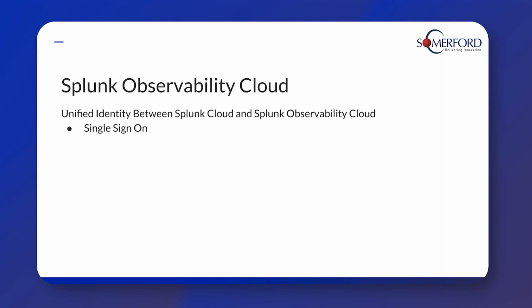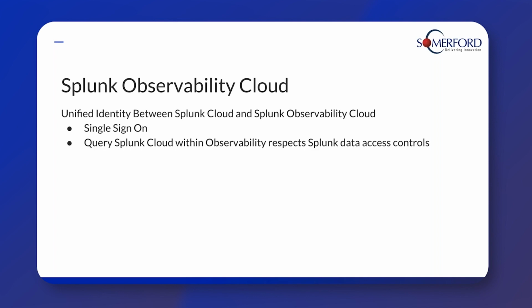So previously, it used to be a case of having to log into Splunk Observability Cloud and log into Splunk Cloud. Now, that might not seem so much of an issue, but what it did mean is that there wasn't really a link between the access controls in Splunk when you were querying Splunk. It was all done from service accounts. Now it's tied to your account as you run analysis in Splunk to get the log data from Splunk Observability Cloud, respecting your access controls. So that's really exciting. That's really good.